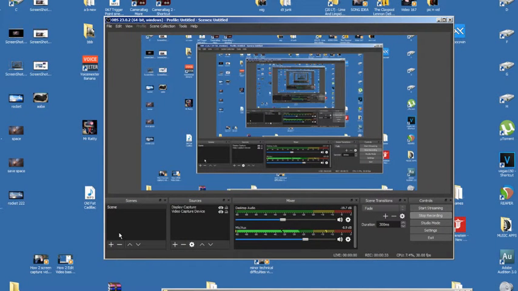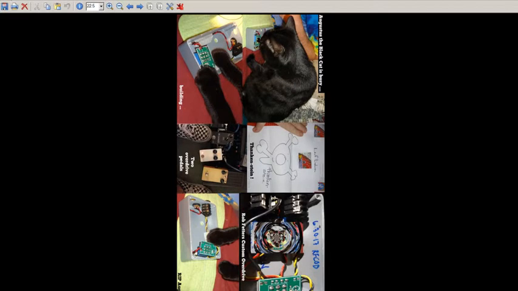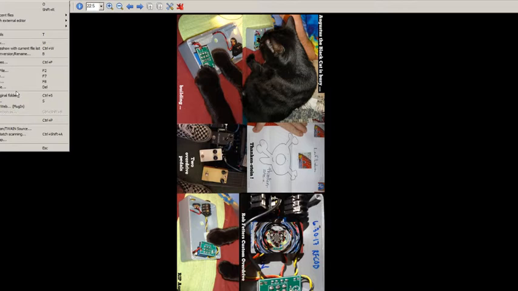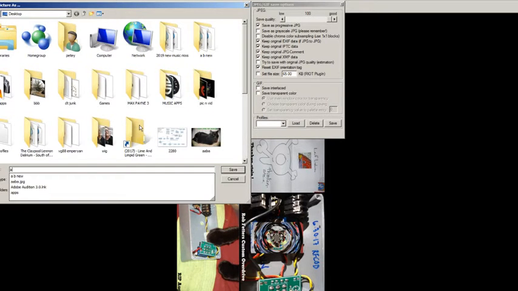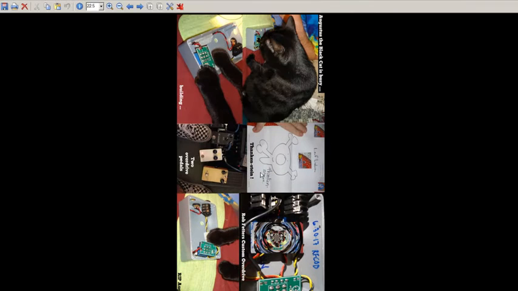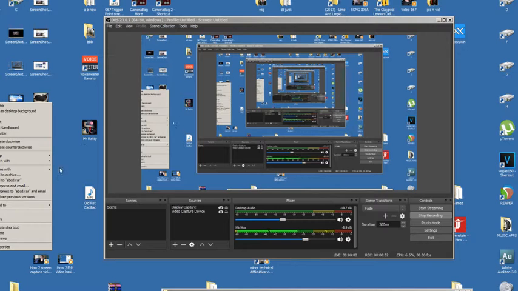So what I like to do is start with an image that I already know is large. Here is this large image. I'm going to turn this on its side by hitting R for right, and I'm going to hit Save As, and I'm going to save it as ABCD. Now that's saved. We're going to open that with